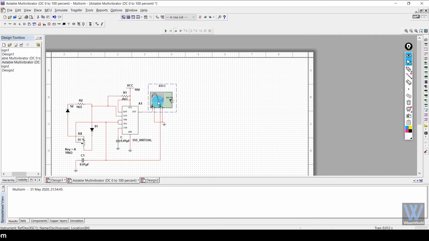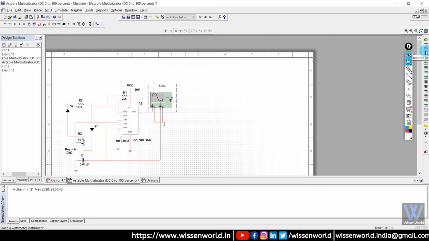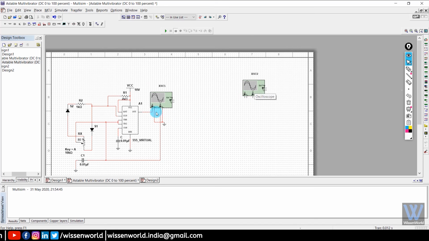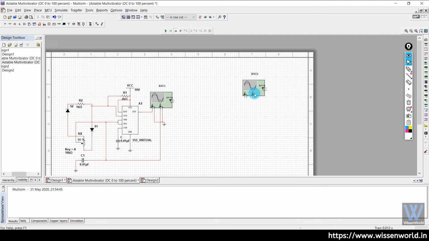This is an oscilloscope to see the output waveform. You see this section at the right edge here. From here you can find your oscilloscope. It must be the fourth. Now you can easily place it. You just have to connect the positive terminal to the point where the output has to be measured and the negative terminal to the ground.